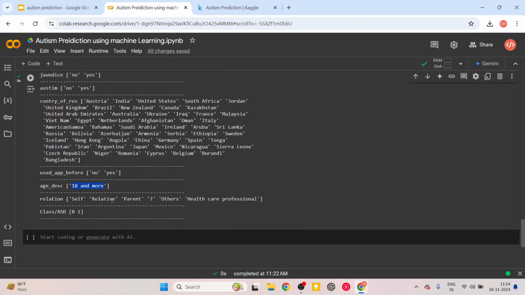And then relation, we have self, relative, parent, question mark is also there in this relative column, others, healthcare professional. So if you remember, this is nothing but who kind of wrote that particular test for that person. And then you have class asd, 0 means autism spectrum disorder is not there, 1 means asd is there. So for relation column also, we could keep this as self and convert all this relative, parent, healthcare professional, all